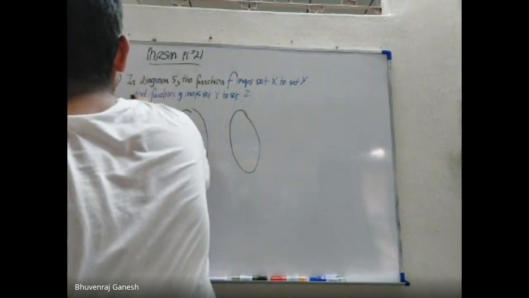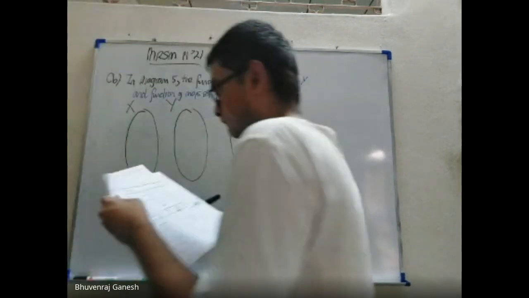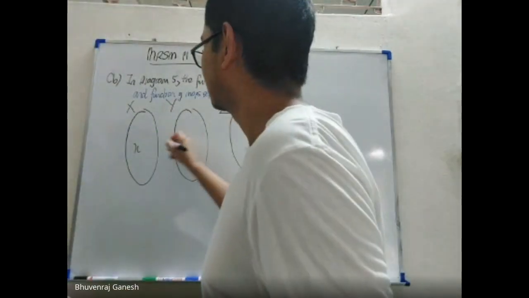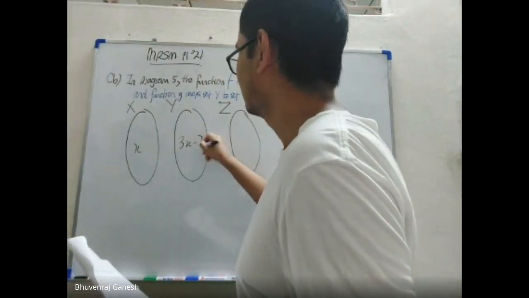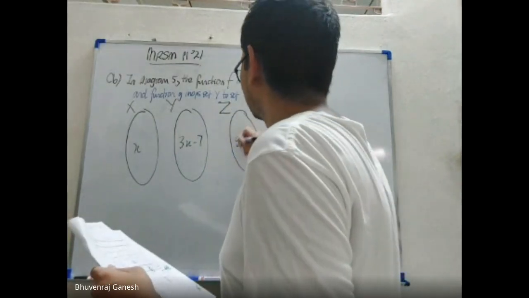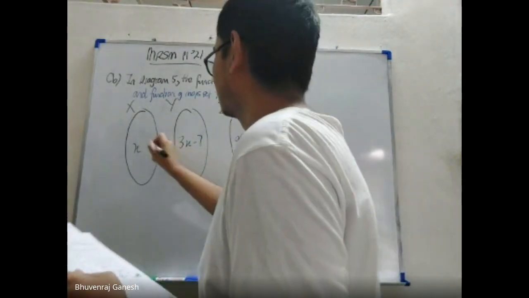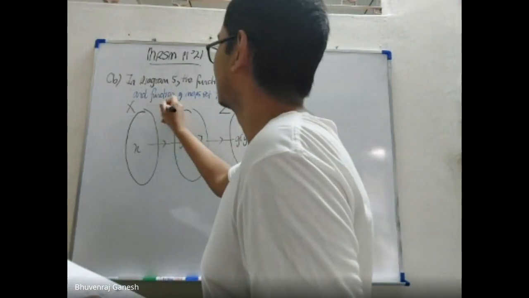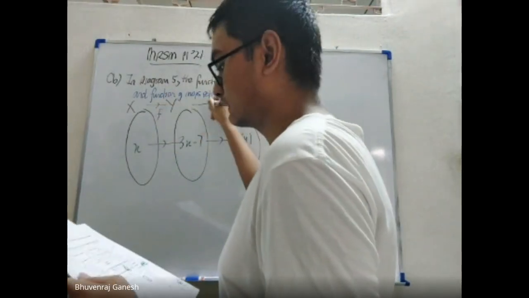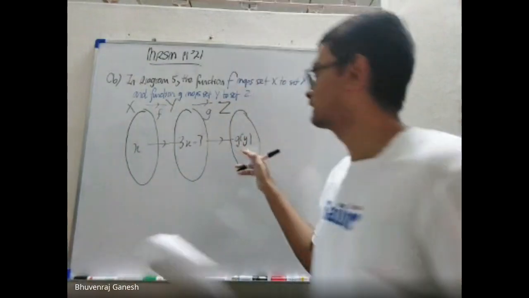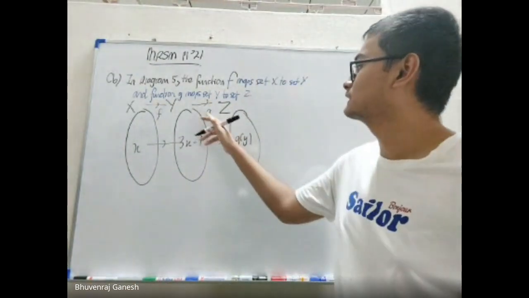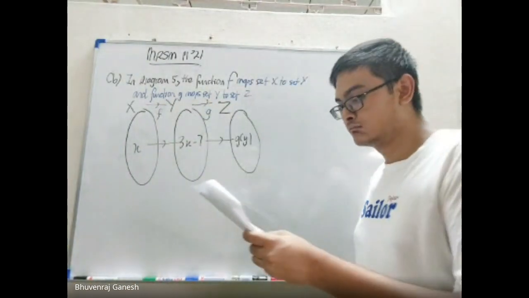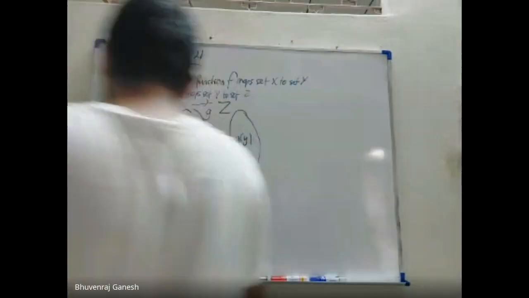They give you x, y, and z. Here they label x, here is 3x minus 7, and here is g(y). So this will map to this, and this will map to this. This goes under function f, and this goes under function g. You can see why they label it g(y): because function g maps y to z. So then they state